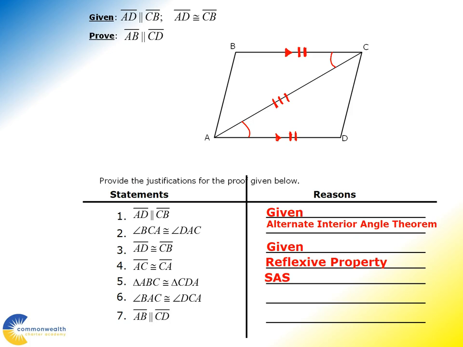Now these last two statements are what I'm going to use to hopefully prove that the other two sides are parallel. Because what we're eventually going to say is, if we have a pair of sides that are both congruent and parallel, then this thing would be a parallelogram. And of course, having the other pair of sides being parallel would aid in doing that. So here we're saying that angle BAC and DCA are congruent to each other. Now those are the angles, and as you can see, with AC being a transversal now for CD and AB,